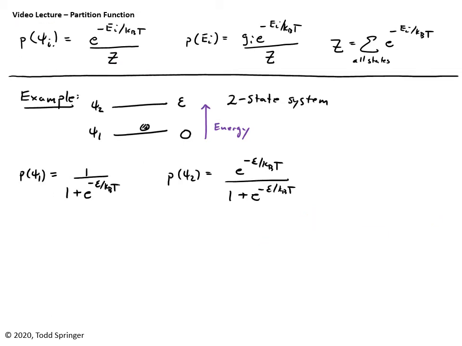So let's check to see if these formulas make sense. Let's do some physical checks. There's really only one physical check. We're going to check the low temperature limit. What happens if I send T to 0? What do I get? P of psi 1